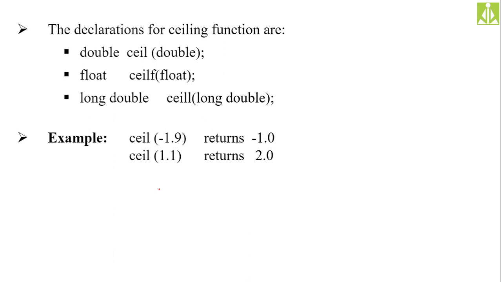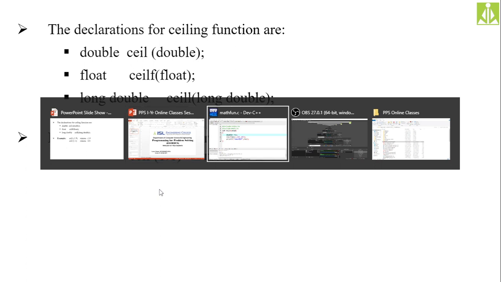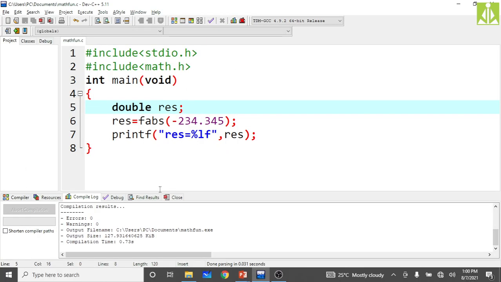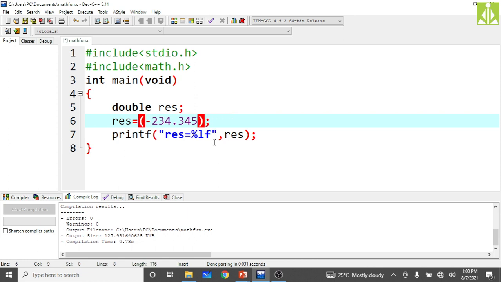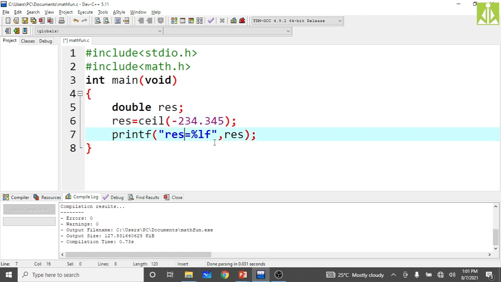Okay, we do it for double. We will see what values we get. We do the demonstration for double. Go to your program, and now put math.h and try. If it is not coming, we will go for the standard library. Double result equals ceil. Because for double, there is no need of any prefix or suffix, directly ceil.